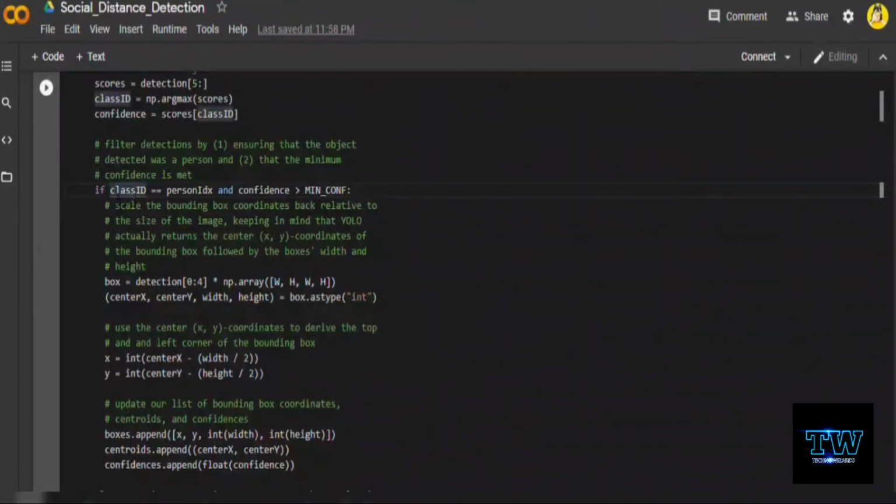So we are generally comparing this class ID with this person ID, which means the person index, and the confidence level should be more than the minimum configuration. It represents the object detection. Okay, so we scale the bounding box coordinates back relative to the size of the image, keeping in mind